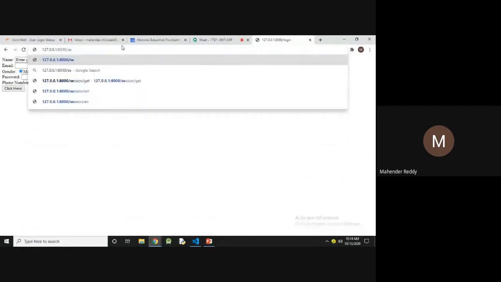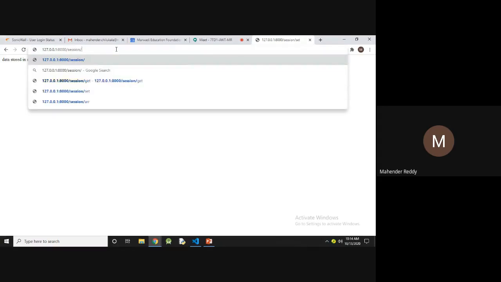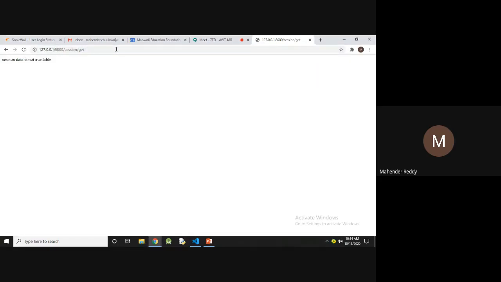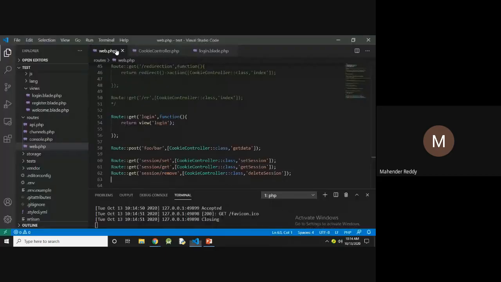So first one is set, session/set. Data is stored in the session, so that session data is Mahendra. Here it shows session data is not available. Any spelling mistake?